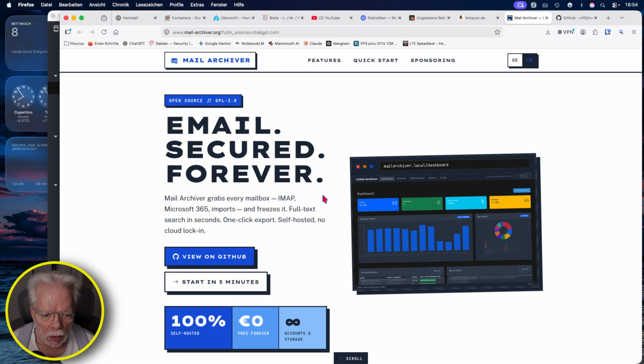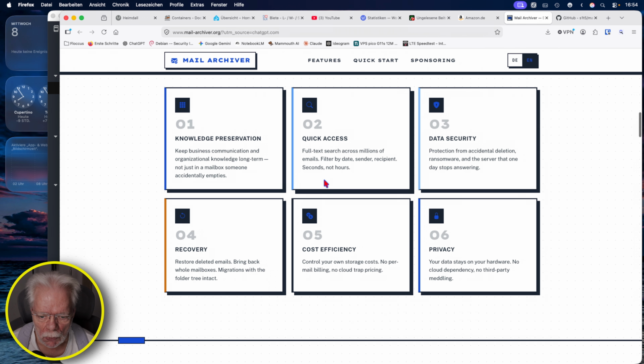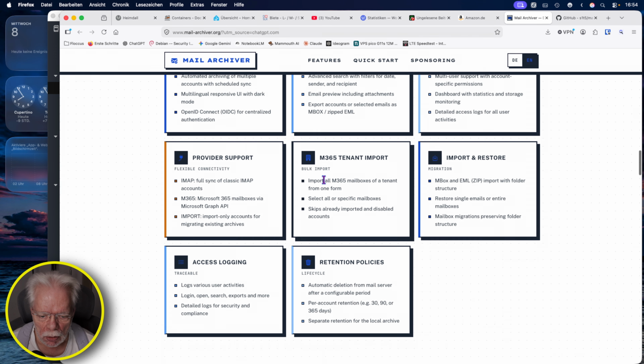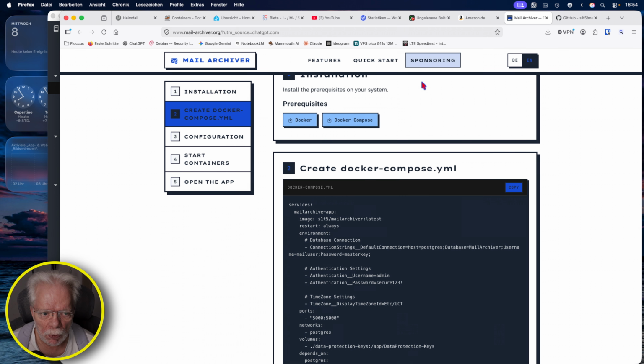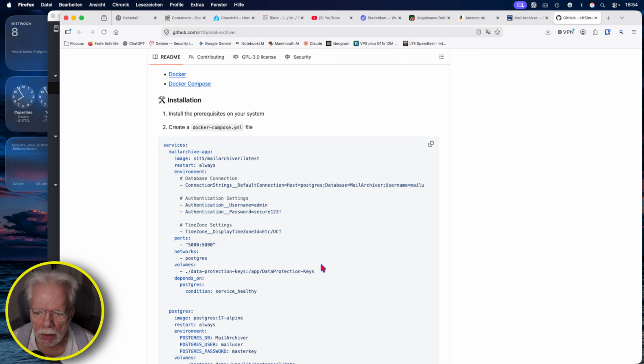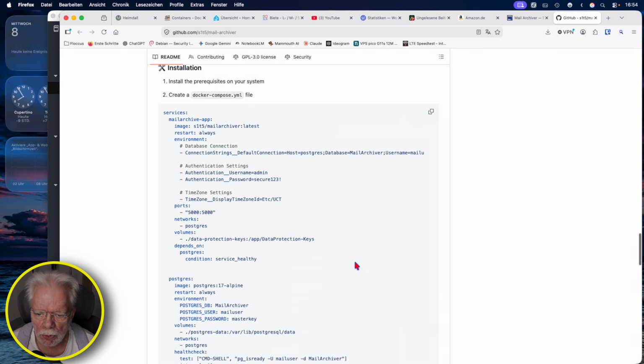MailArchiver can download all the mails from an IMAP server or from a Microsoft 365 server and store them in the Postgres database. There is a short quick start here, but I think for that one we go to the GitHub page, and as you can see here, you've got the YAML file or Docker Compose file, and it's pretty straightforward